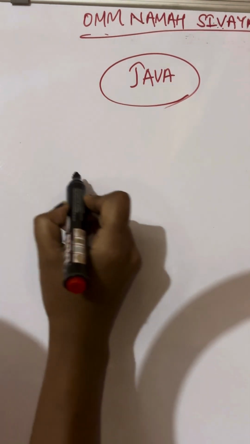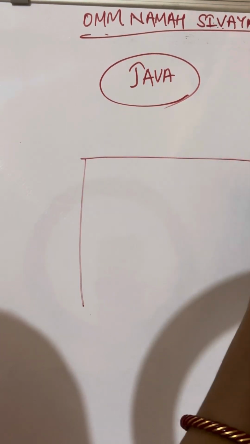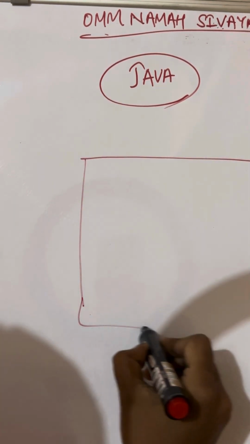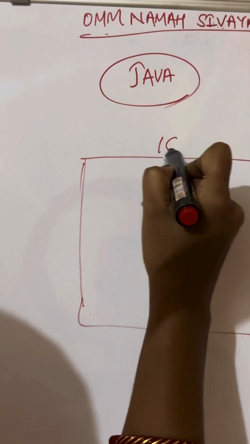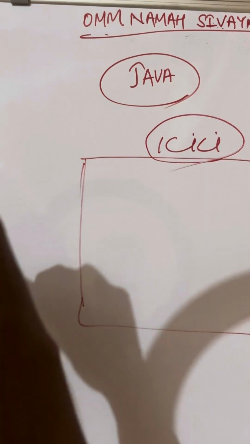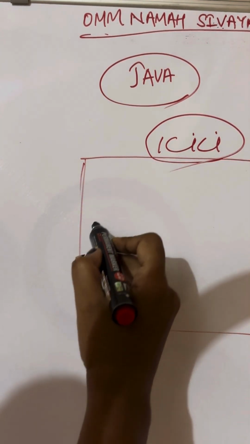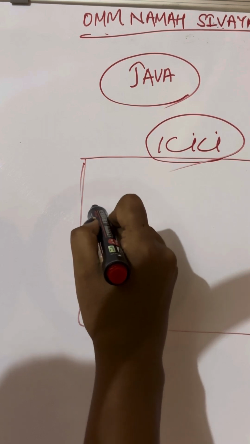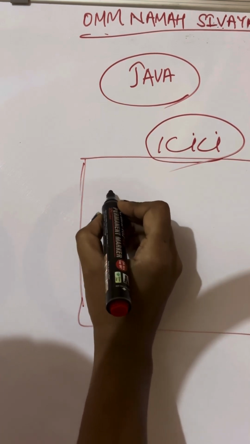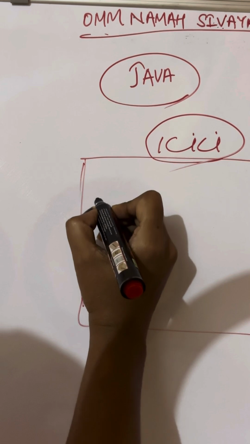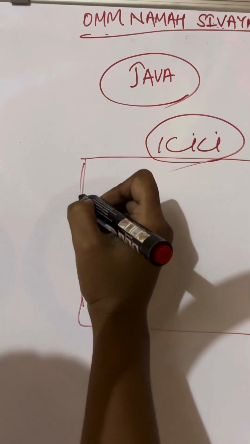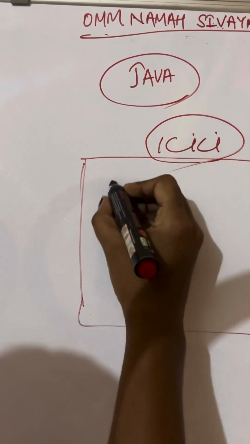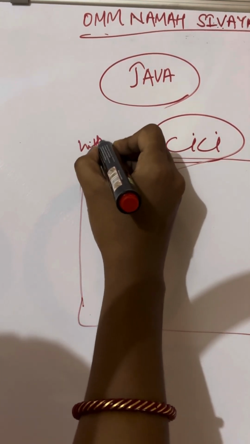So let me tell you. We have one application. Let me give an example. I have an ICICI Bank account. I have one account with ICICI Bank, and I am a customer of ICICI Bank. While I am trying to log in to the ICICI account, before that I am registering my account on this website, https